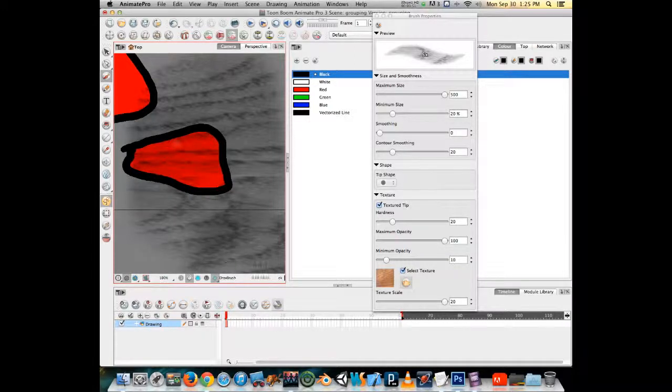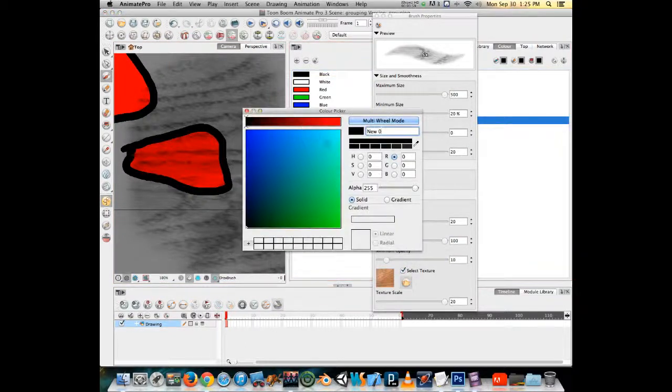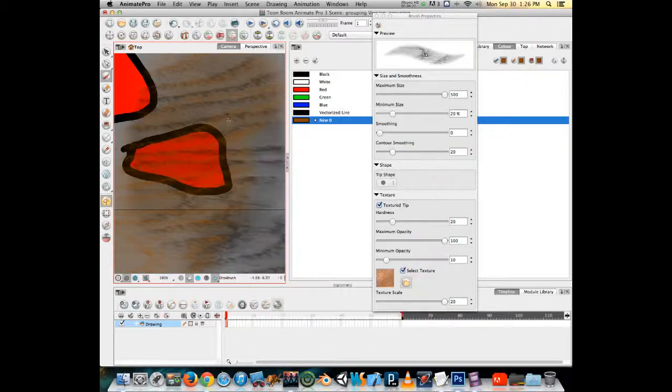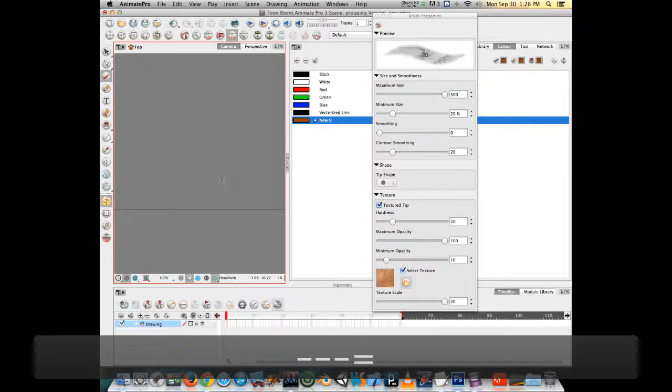Now, if I don't want black wood grain, if I want it to actually look like wood, well then at that point I probably would need to add a new color and then find or choose my color as I see fit. Get a nice brown golden oak color, and now we can see I can paint with that oak texture. So you could create a nice depth with it. You can paint with this texture, and what's really nice after I have done this, whoa,